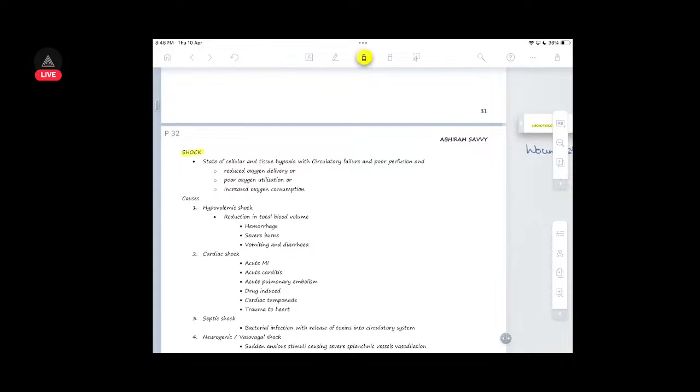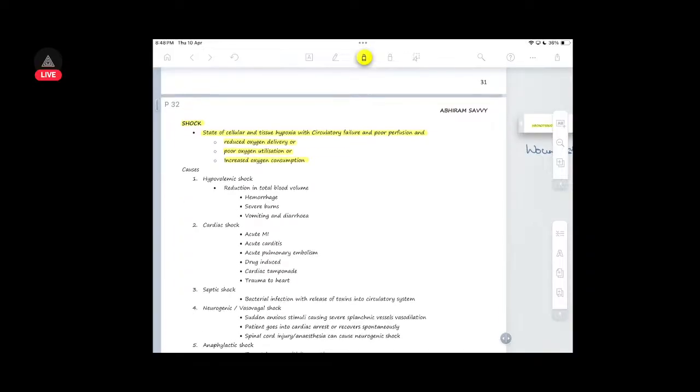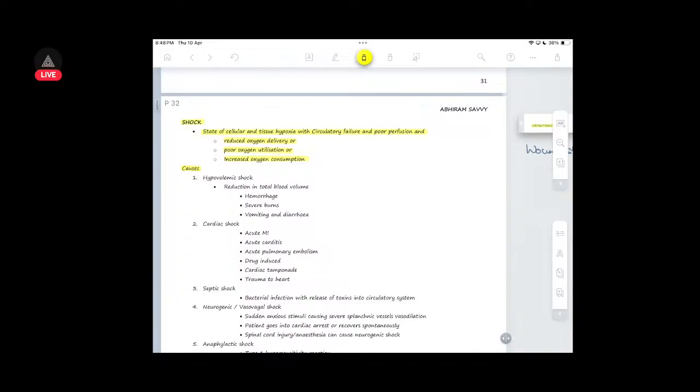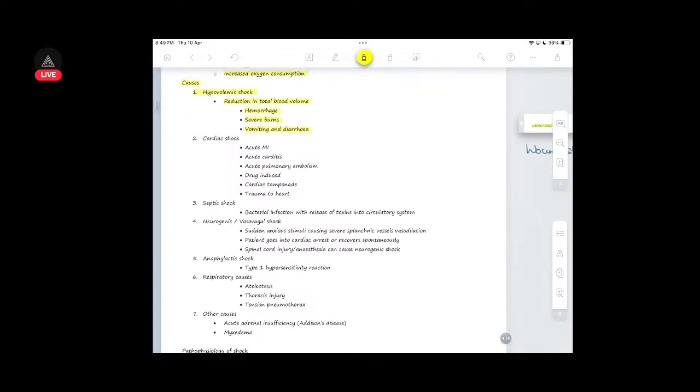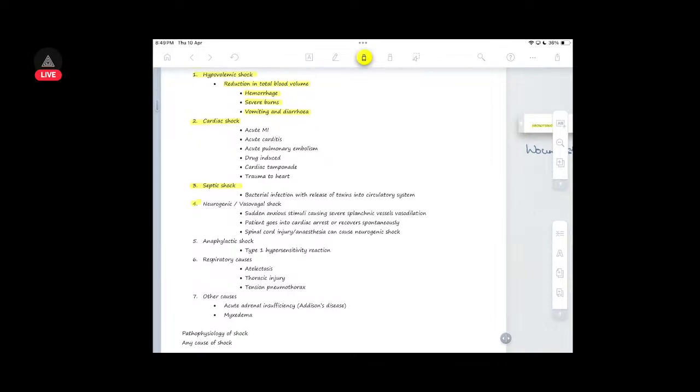Then we move on to shock. It is a state of cellular and tissue hypoxia with circulatory failure and poor perfusion and reduced oxygen delivery or poor oxygen utilization or increased oxygen consumption. So it is caused by hypovolemic shock. There is reduction in total blood volume, hemorrhage, severe burns, vomiting and diarrhea. And you have cardiac shock, septic shock, neurogenic shock, anaphylactic shock, respiratory causes and